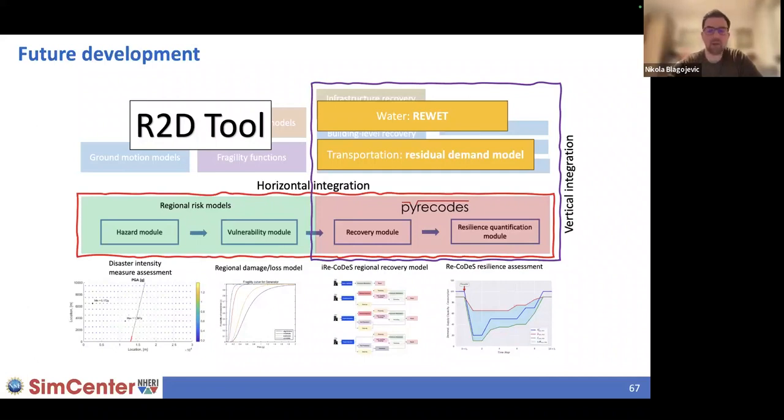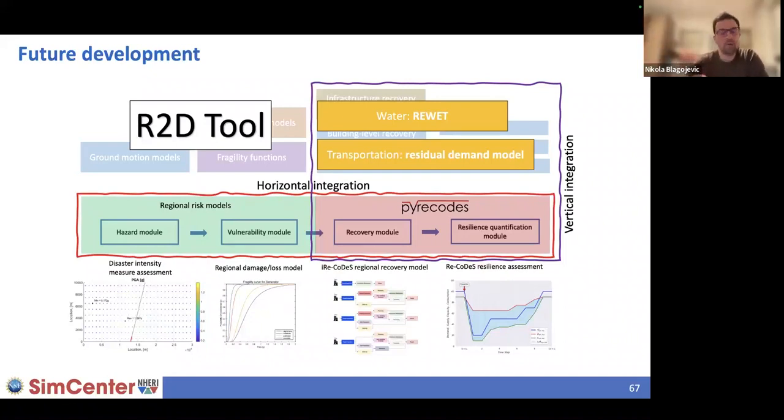And also we're going to be conditioning the recovery of components in the water system depending on the resources available, so workers, material, and so on. And also based on the transportation system, because we're going to be looking at the access to repair. And this is where we're going to also integrate the residual demand model for transportation. We're also looking at other models such as the spatial queue model, where we plan to use these models as traffic simulators. So we plan to rerun this traffic simulator at different points in time during the recovery phase.